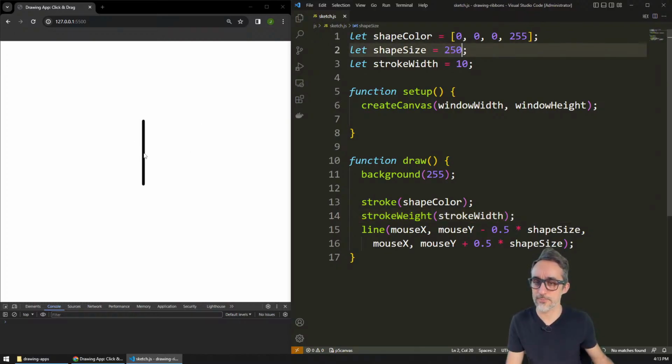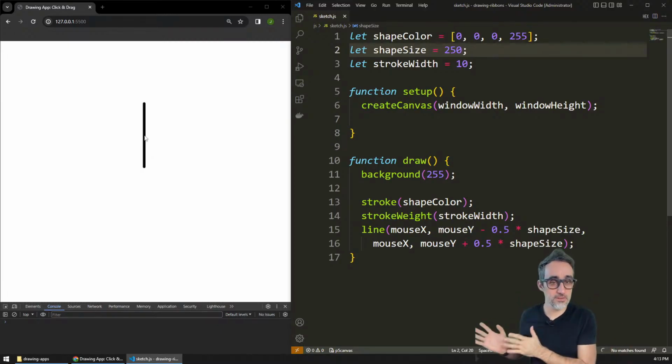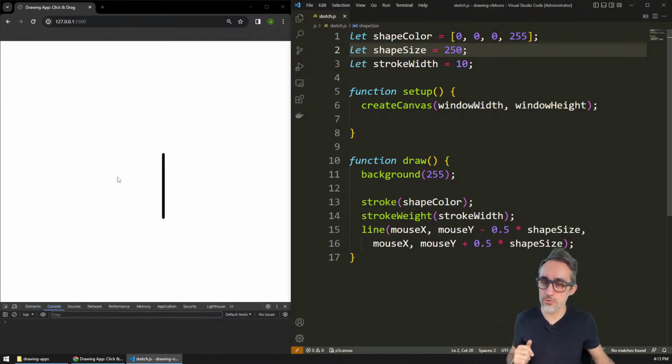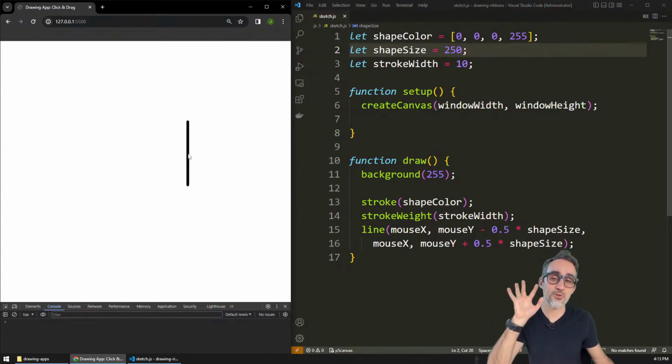All right, so the next thing that I want to do is make it draw on my screen. I will make it rotate a little later. As you saw in the previous video, I want to have a permanent effect. Whenever my mouse is pressed, I want to imprint the shape of that line in the background